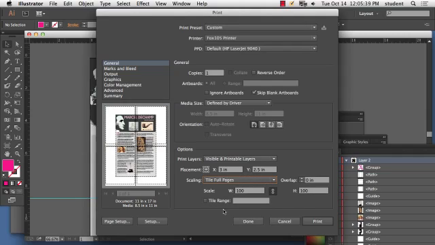You can see what it's going to do here. It's going to print each of these on a separate piece of paper. Then you can cut them out and put them together so you can see what they look like. Even though it's a black and white printer, at least you can see what it looks like before you print it in color. So if I hit OK right now,